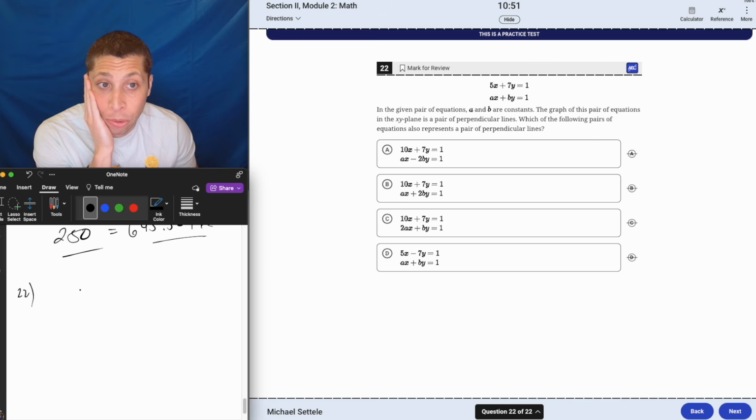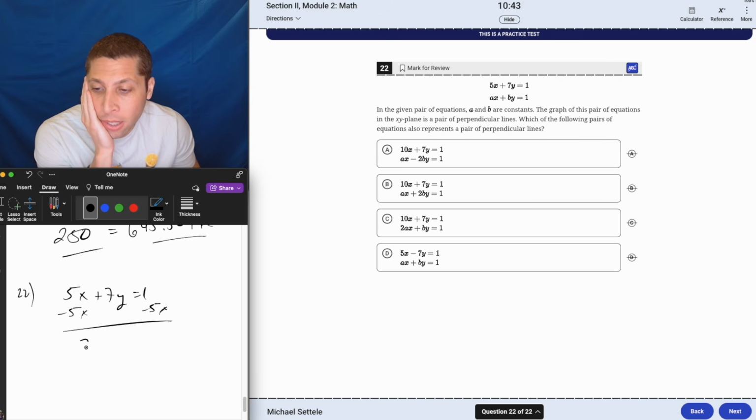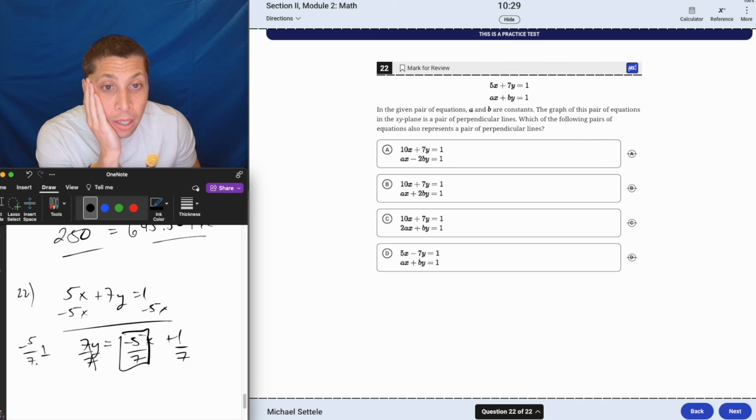5x plus 7y equals 1. So I will understand perpendicular lines when I'm back in y equals mx plus b form. So minus 5x minus 5x. 7y is equal to negative 5x plus 1. Divide by 7, divide by 7, divide by 7. I only care about the slope. So negative 5/7 is perpendicular to